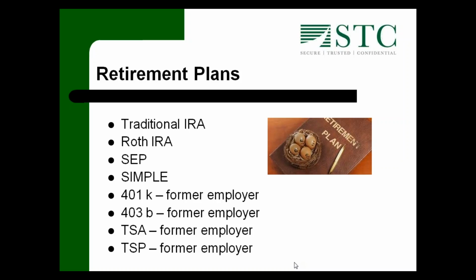Now I've brought out on your screen 4 plans that all say former employer. 401k plans are corporate, for-profit company type plans. 403bs, charitable organization, nonprofits may have 403bs. TSAs, tax-sheltered annuities, TSP, thrift savings plans. If you formerly worked for an employer and participated in one of these types of plans, you can take the monies from that plan once you're no longer employed and roll that money over into a self-directed plan such as